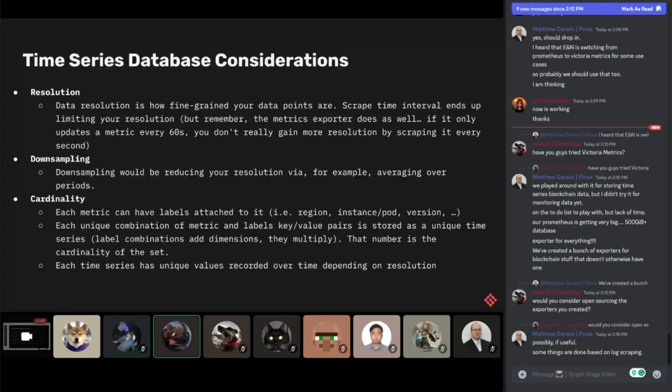And the concept of resolution basically means how fine-grained your data points are, which is basically scrape timeout. How often does Prometheus scrape metrics? If it's every 60 seconds, then you have a data point every 60 seconds, and there's no in-between, right? You could scrape it every 10 seconds or every second or every 100 milliseconds if you really wanted that for some reason. You need to remember that scraping more often does not necessarily mean you're going to get higher resolution,